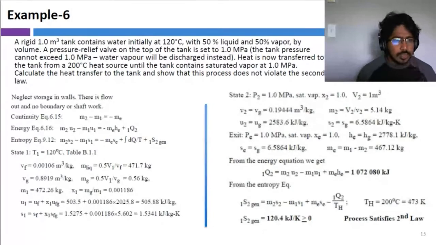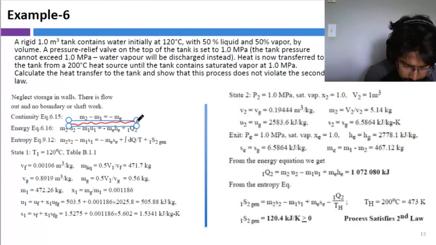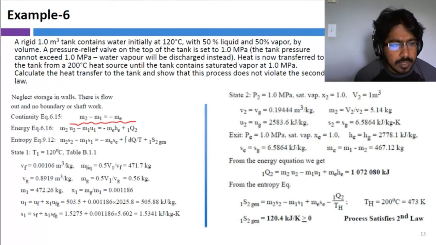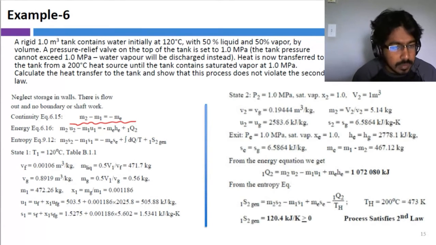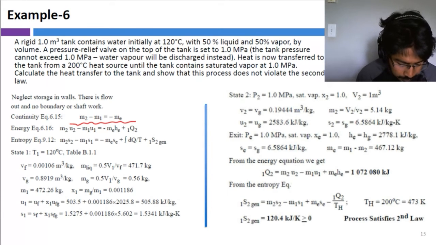So now let's look into the solution, right? As I mentioned earlier, the mass that left the system is the mass at state 2 minus the mass at state 1, which is going to be the amount of mass that left the system, right? So then if we apply the first law,